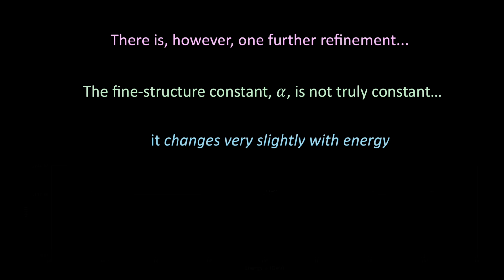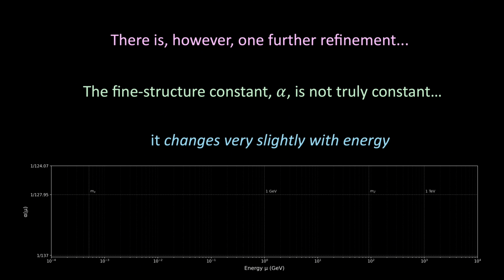The change is modest. At atomic scales, alpha is around 1/137. Near the energies of modern particle colliders, it rises to about 1/128. And even if we extrapolate further, it only increases gently. Crucially, the change is only logarithmic with energy, so the coupling remains small and perturbation theory stays well behaved. In other words, the electromagnetic interaction remains weak over an immense range of energy scales, a triumph of the theory's